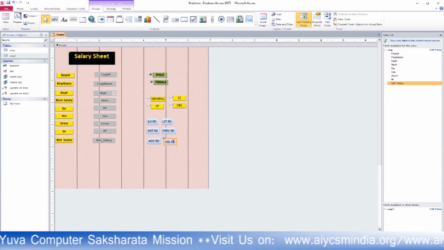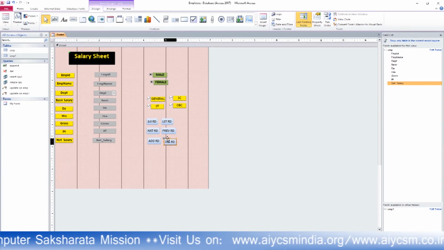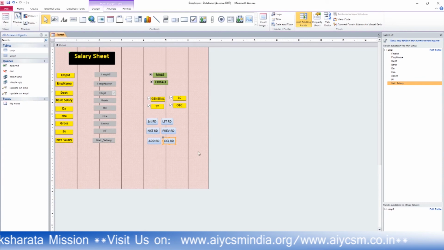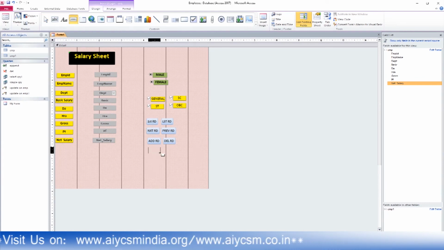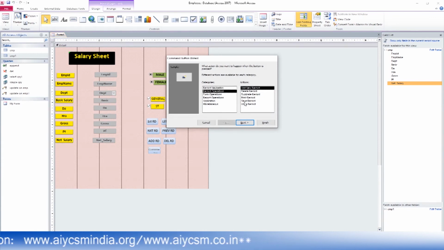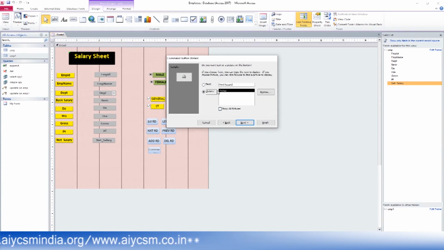Bold it. Adjust this little bit. Print record, next, PRINT RD, next and finish.